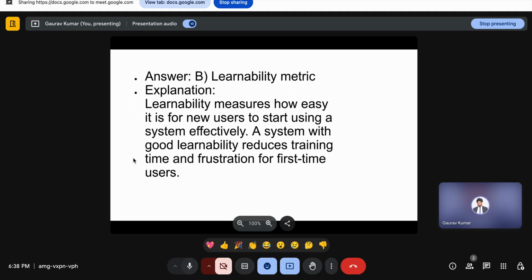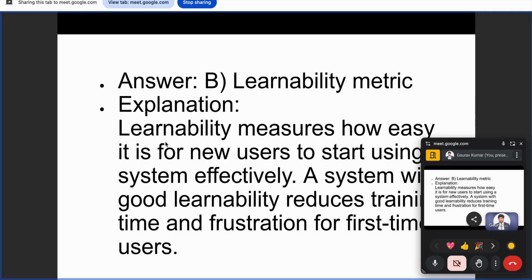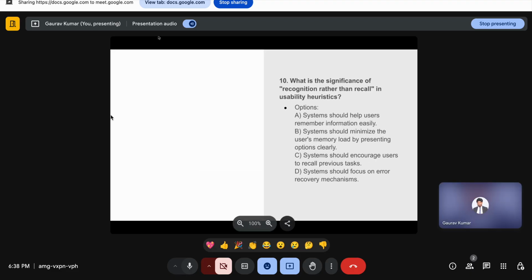Okay, next is question number 10. What is the significance of recognition rather than recall in usability heuristics? Memory is fragile. Even the brightest minds forget where they parked their car. So why make users recall the command line syntax when they could just recognize the right option with a gentle glance? So this principle is like a personal assistant